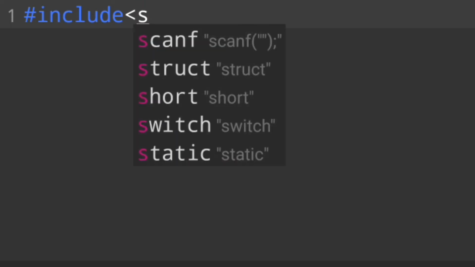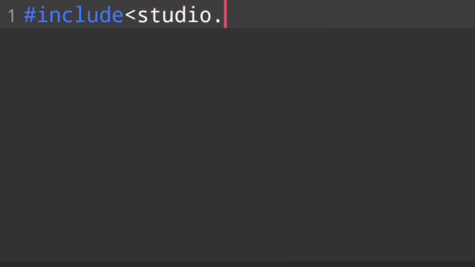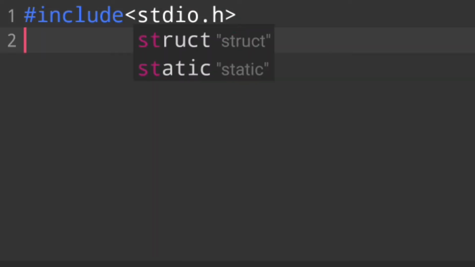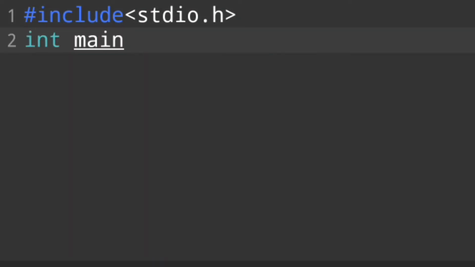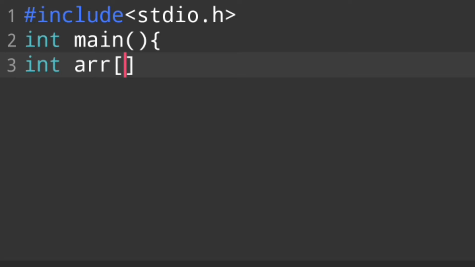With the help of a for loop, we will print the address of these variables. For example, I write stdio.h, this library gives us functions like printf and scanf, and then I write the integer main function, and then I declare an array whose size is 5.